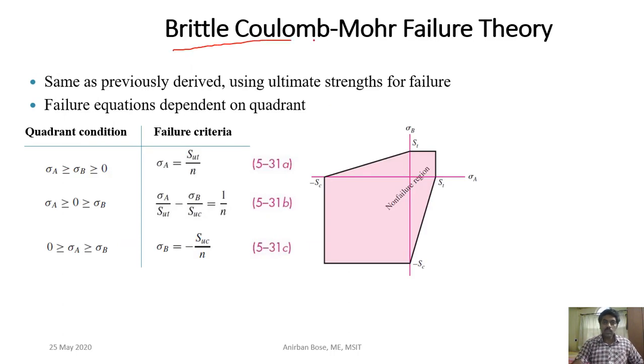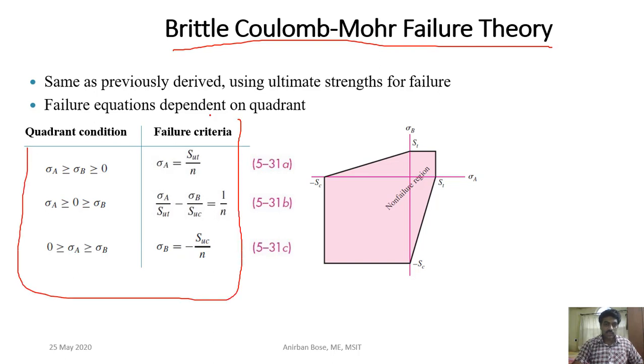Anyway, the brittle Coulomb Mohr failure theory that we have already seen is this one. That is very important for plane stress situation, for 3 different cases. These are the theory,